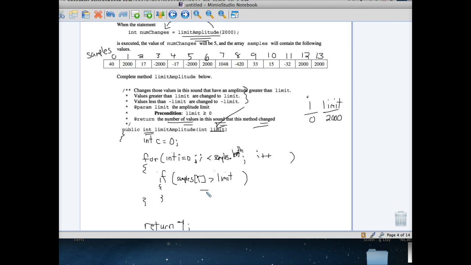Well, to change something, don't use the set method. That's for an array list. No, with an array, you can just do samples[i] equals limit. Samples i minus something? No, just change it to not 2,000, limit,